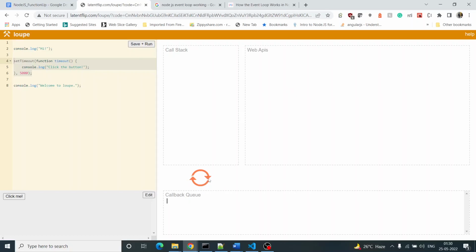This is the loop which keeps on running, and it will check whether any statement is pending or not, and it checks the call stack. When the call stack is empty, only then will it execute the pending items in the queue in the call stack. So just keep in mind, whenever we get data, the final statement execution happens in the call stack. This is the engine. This is the main part where the interpreter interprets every statement and generates the result. Okay. Now, if I run this code,